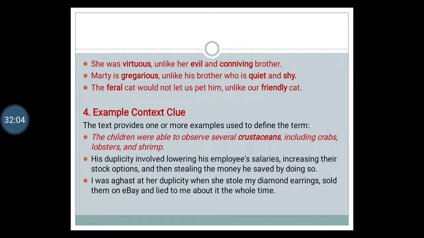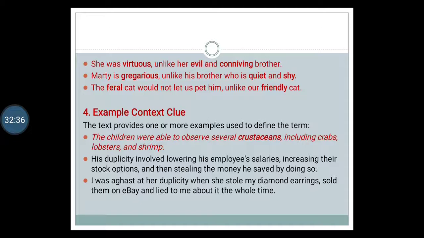That's what it means. And then, this feral cat would not let us pet him, unlike our friendly cat. So, which means the word feral possibly means unfriendly. You see, these are the clues. But because we do not know these things, we find it difficult when we read words, and sometimes we just see the answers there and we just read right through them and go on